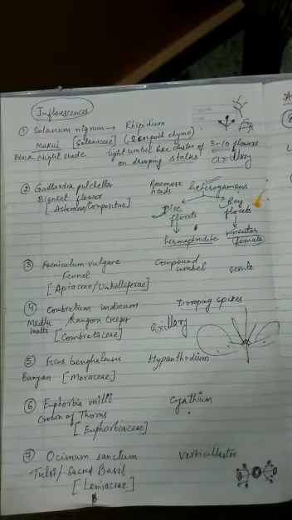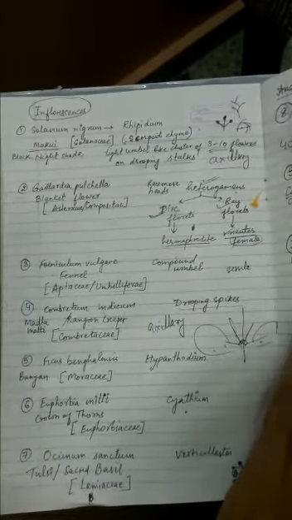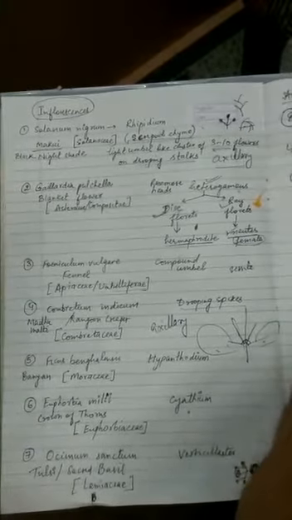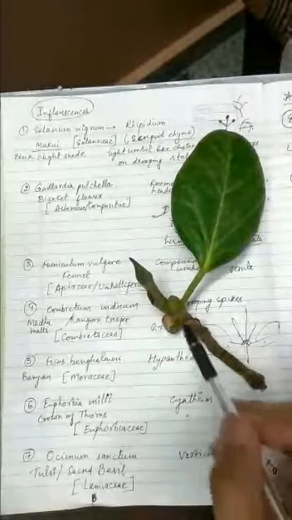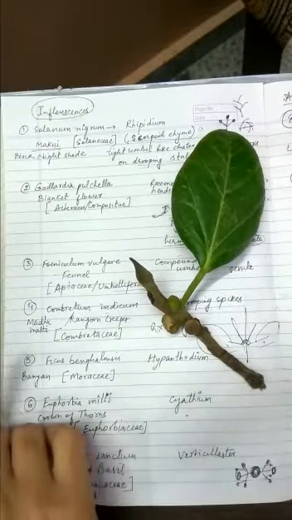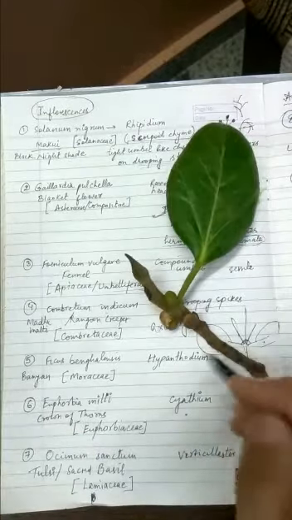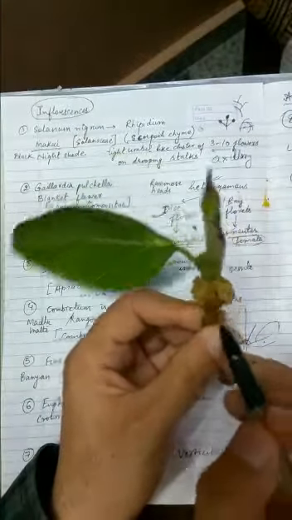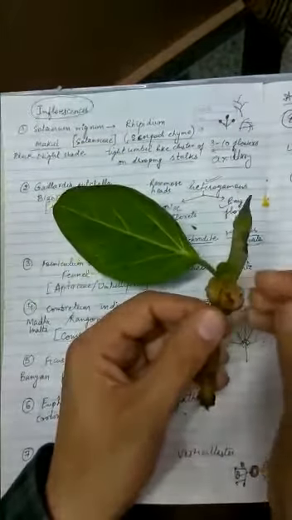Now the next one is Ficus bengalensis, which I have already covered a few minutes back regarding Hypanthodium. So we all know about this, and we know these round things developing here. These will develop later into fig or anjeer. There would be a small hole at the top from where insects enter inside, and then they perform pollination inside and seeds are born.